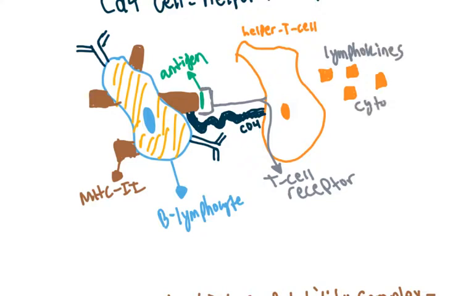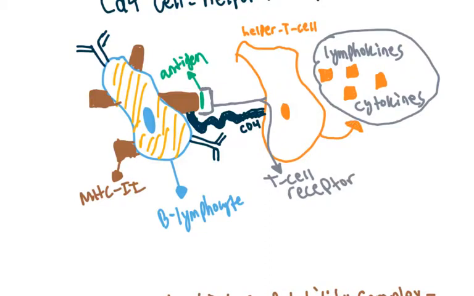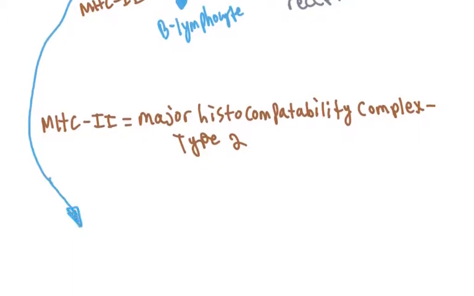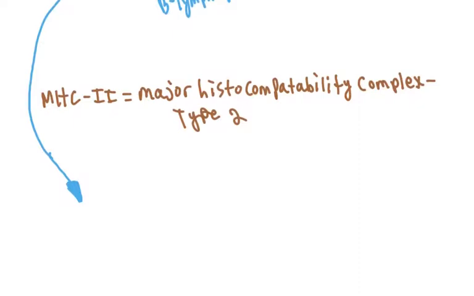and cytokines. Specific types of cytokines and lymphokines will be released from the helper T cell once our CD4 protein binds to the MHC2 complex and once our T cell receptor binds to the antigen that's present on top of the MHC2 complex on the B lymphocyte. The helper T cell will release some lymphokines and cytokines, which will then travel over to the B cells and can bind onto the B cells and actually induce proliferation of the B cells or the B lymphocytes. So once this happens, we can bring this down here, and our B cells can actually start proliferating